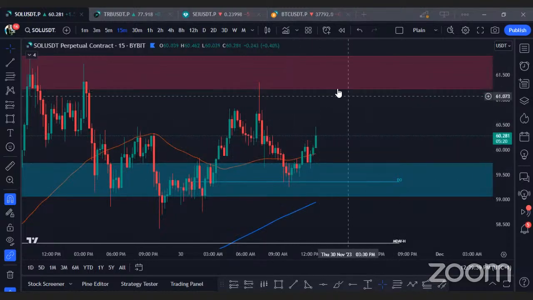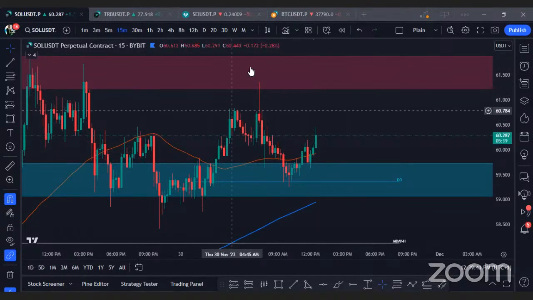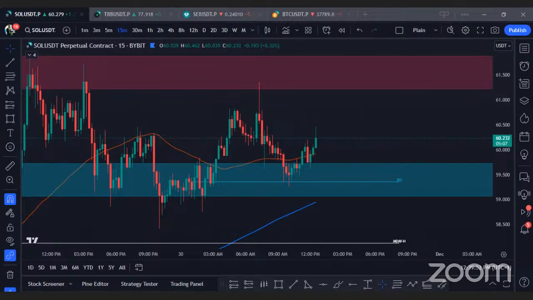So I'm just saying if these things can play out, and these are the current trades that I have. If Solana will play out and all of that, then we can call it a day, guys. Let's see. I was thinking I'd be able to help one or two persons here, but it seems that